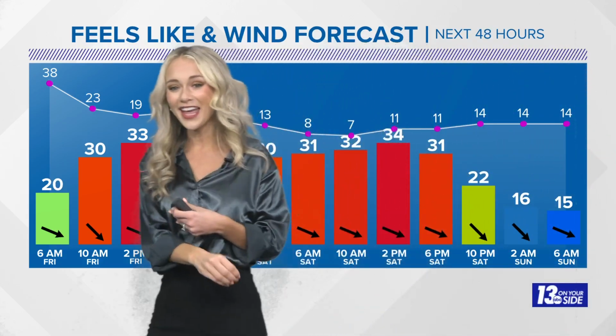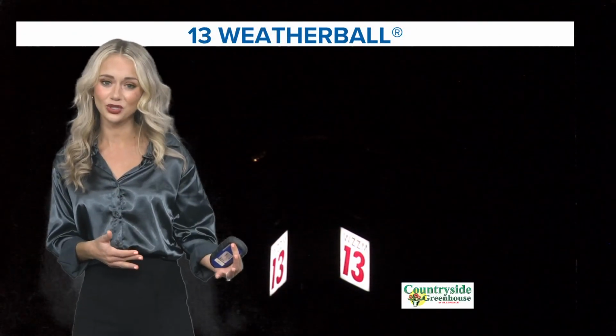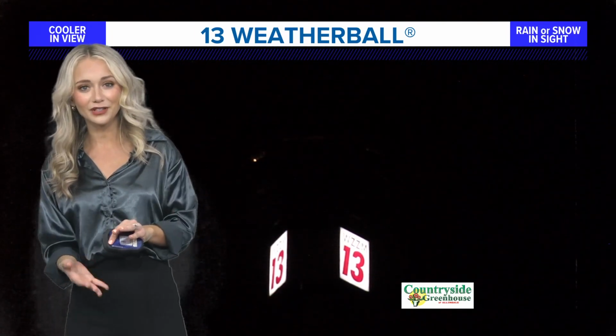and evening long. And it's not just going to be the wind and cold temperatures. There also is going to be additional rounds of lake effect snow. This is why, of course, our weather ball is currently blinking bright this morning. We have the rainfall in sight right now, and we will continue to see that lake effect snow as we